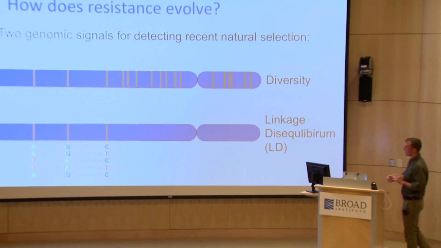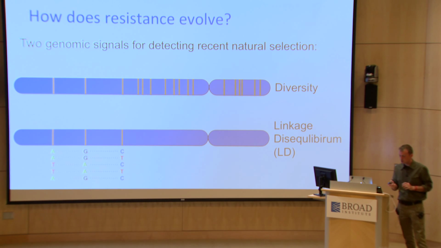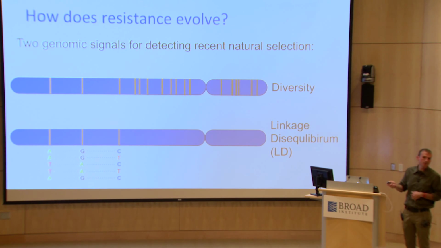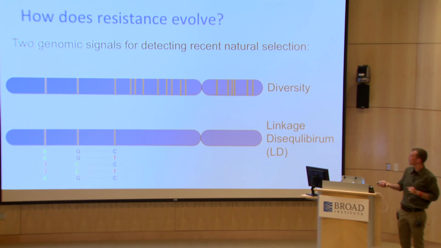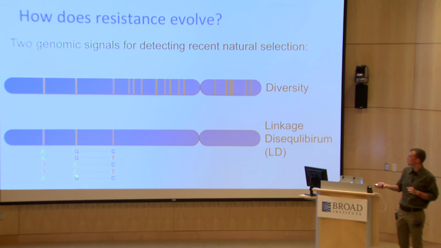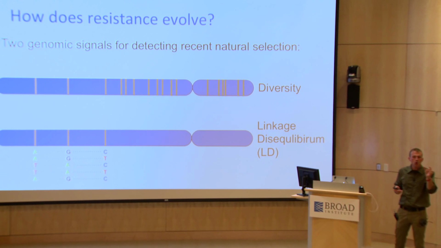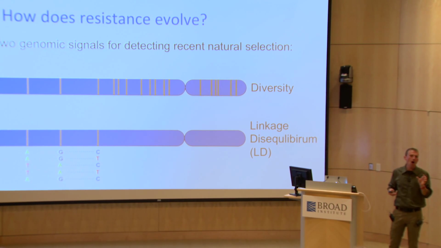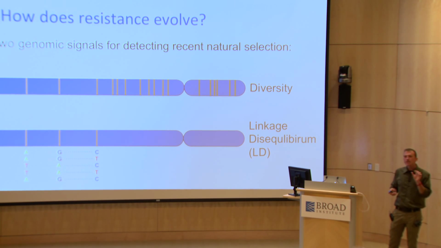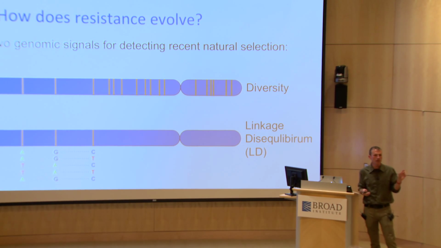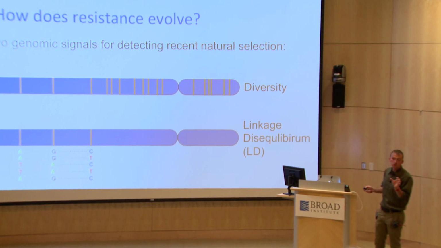So if you have these variable positions in the genome, we can say that this orange bar here has either an A or a T nucleotide position, depending on what parasite you sample in the population. And this position has a G or an A, and this position has a C or a T. You can look to see how correlated the allelic state is, how correlated the nucleotide letters are between positions, and use that as a signal to try to pinpoint the genes associated with strong natural selection, likely associated with drug